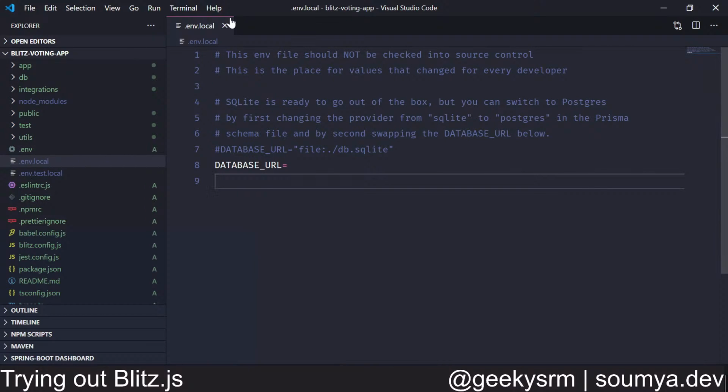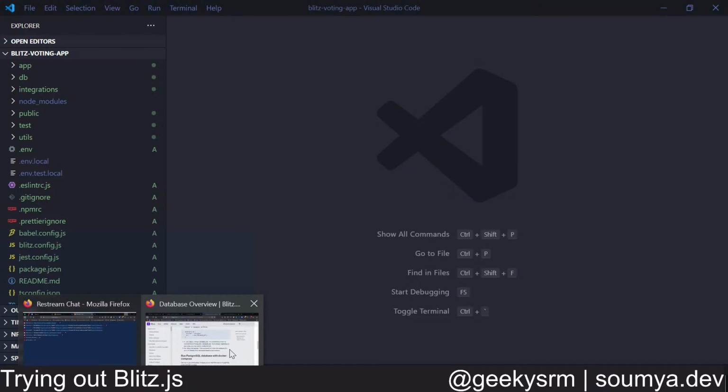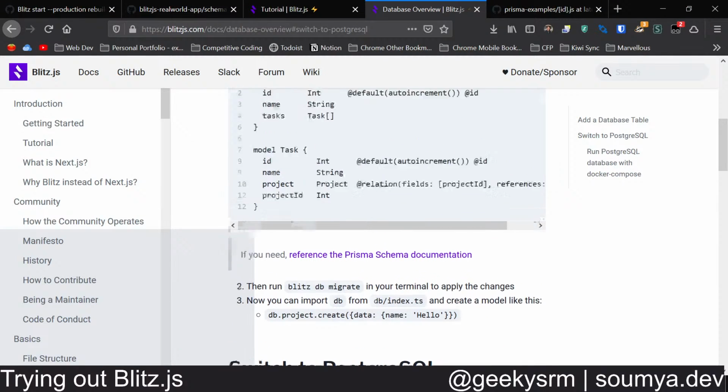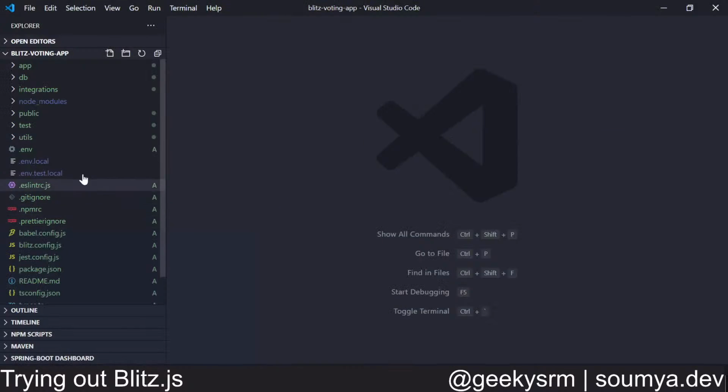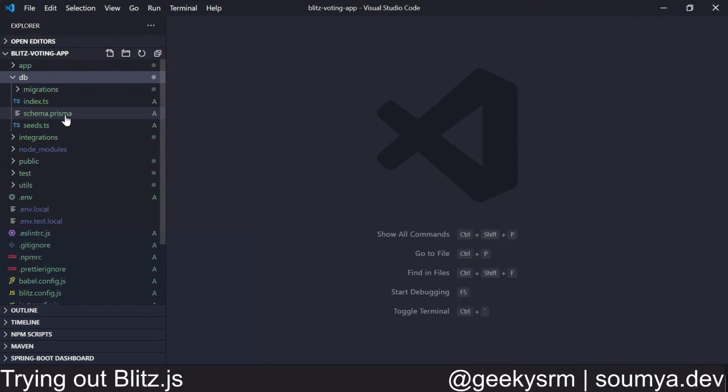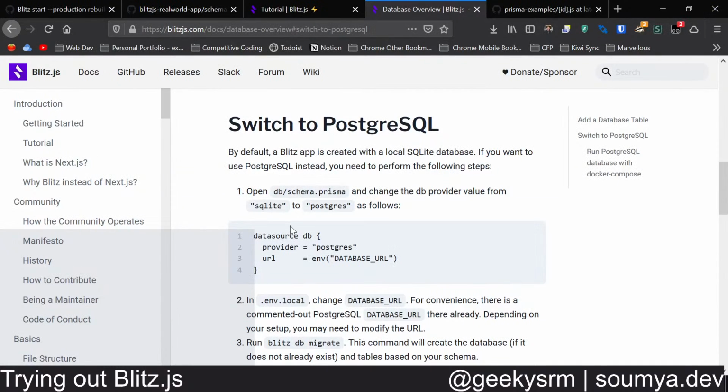So I have put my database URL correctly. This is done. Now let us open db/schema.prisma. Okay, and you need to change the